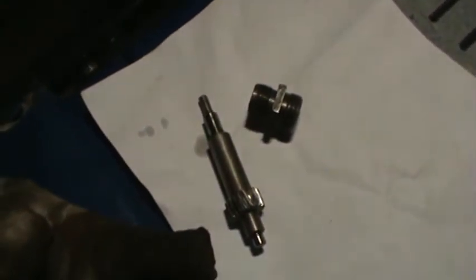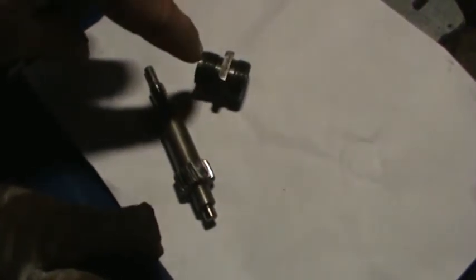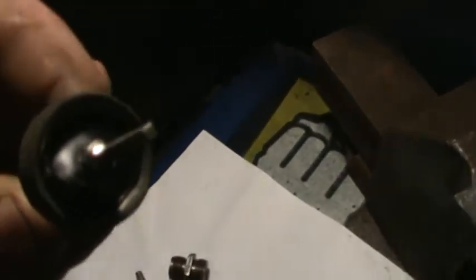But now what I've done, this here is the joining piece that goes into the transfer case on this outside end here, and this end goes into the cable that I got. So what I've done is I've filed this down into basically a square shaft that fits inside the end of this here,